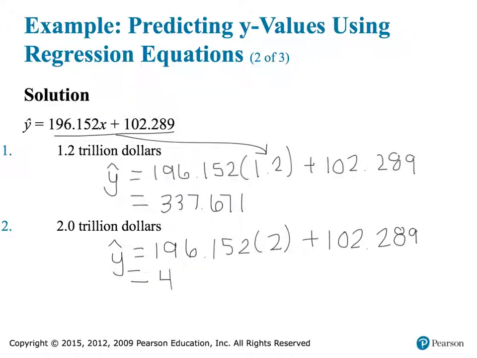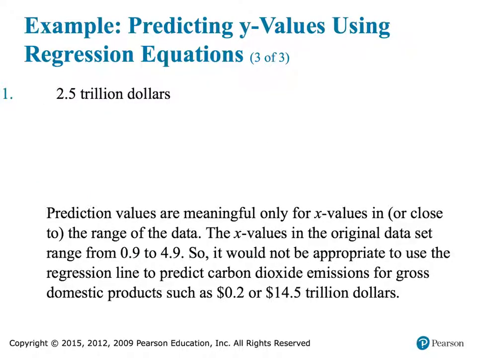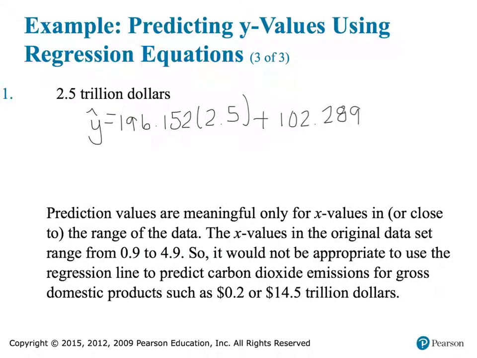In this case, we should get 494.593. So when the gross domestic product is $2 trillion, this line would predict that the carbon dioxide emissions would be about 494.595 million metric tons. Hopefully you're getting the hang of this. My third prediction, 2.5 trillion. So I substituted 2.5 in for X, and when I calculate the value of Y hat, my expected Y, I get about